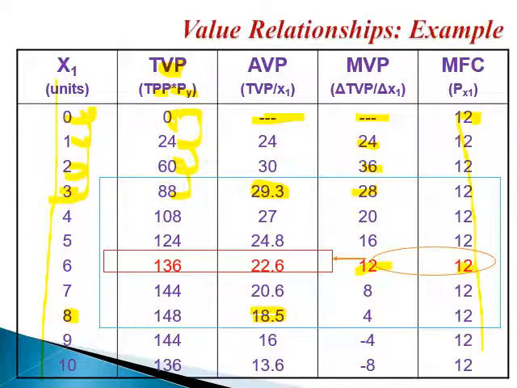But here in that example, why did the author, the person who designed these PowerPoints, make it like that? Just to make it easier for the student. But in reality, it is never like that. You look at the two closest numbers along the MVP of X1 and MFC of X1. This one is constant all the way. Which number here in the MVP column is the closest to the 12? And then you go to the left.